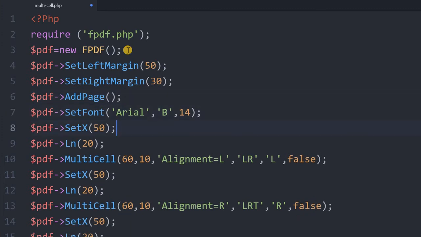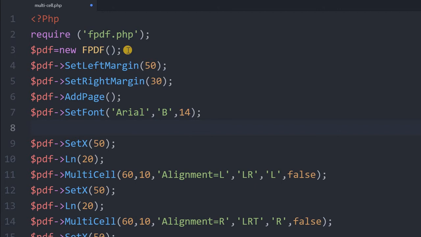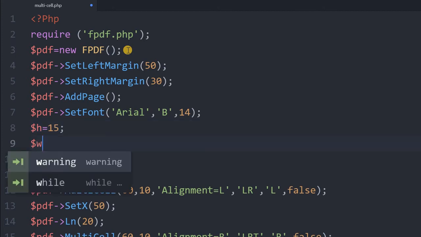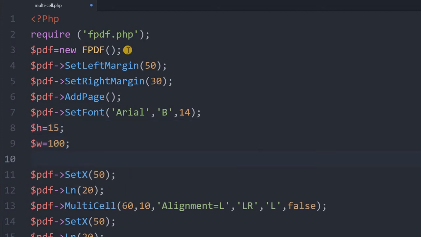Now, instead of set x set y, we'll first define the height and width. So height will be 15, and the width is 100. Fine, now we'll read the x and y value.